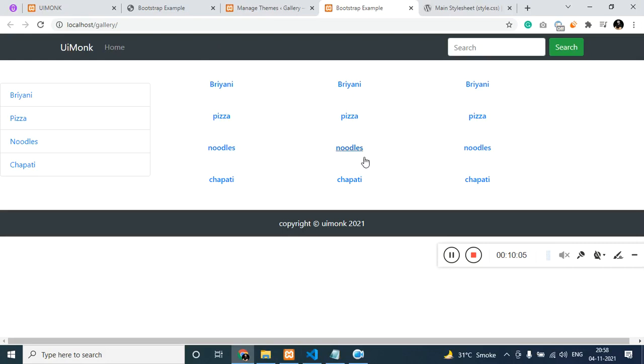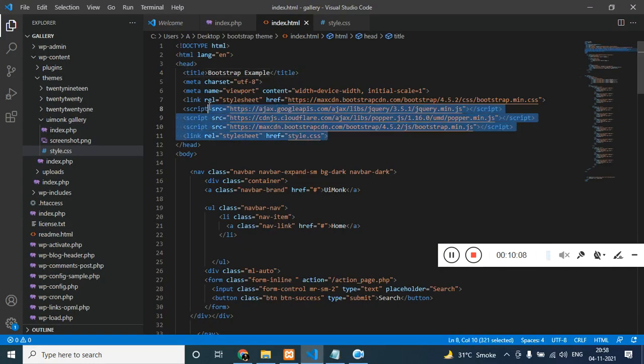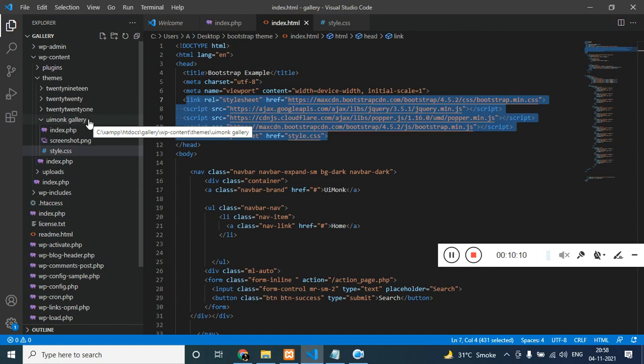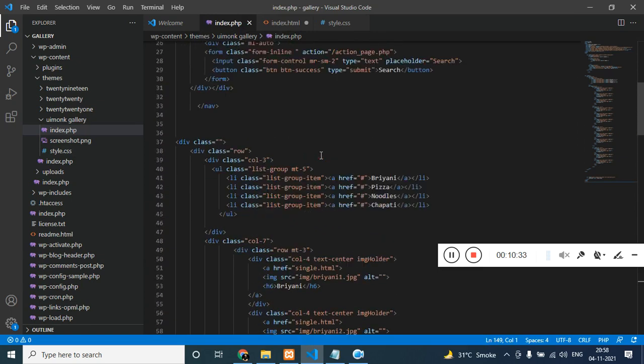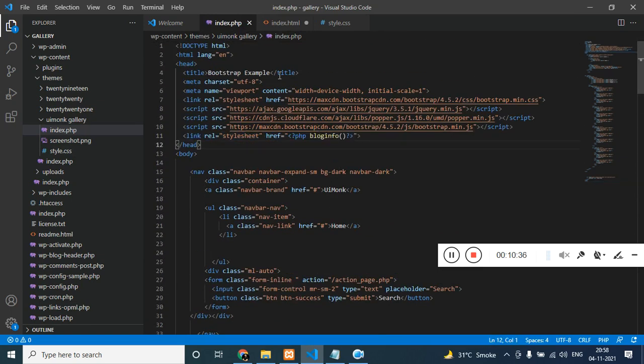So you can see most of this is a bootstrap theme. So all the CSS have come from the CDN. So the main customization of the theme is in the style.css. So how are we going to link this? For that, WordPress has a function called blog info. So actually we have to make this over here on the index.php file. We have to do the modification here. Let me control Z this and close this. Blog info, we need to pass the argument as stylesheet underscore URL.